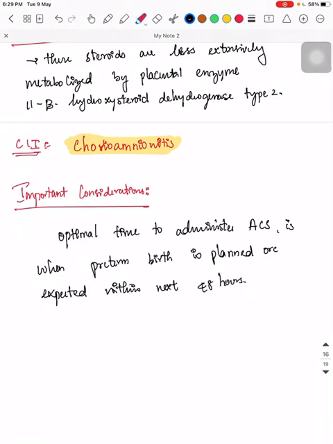Okay. But even though the optimal time is when the preterm birth is expected within the next 48 hours,